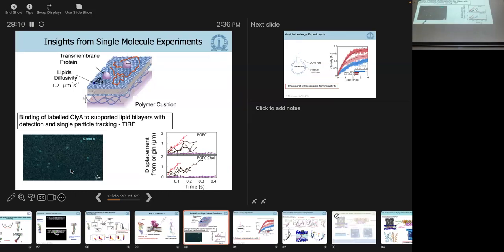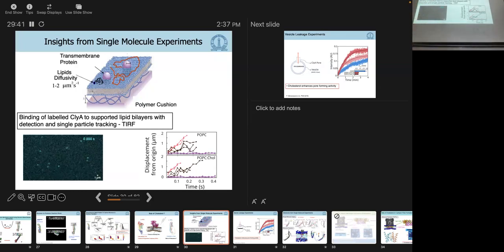So we just use a supported lipid bilayer. I think all of you are familiar with this. You can use polymer cushions, and then you can start to fluorescently tag lipids or proteins or nanoparticles and do fluorescence correlation spectroscopy and actually pull out a lot of information. So here you have the supported lipid bilayer on a polymer cushion, and you flow the protein over the membrane. It's in picomolar concentration, right? You want it to be in very dilute concentration, so you can actually resolve the intensities.